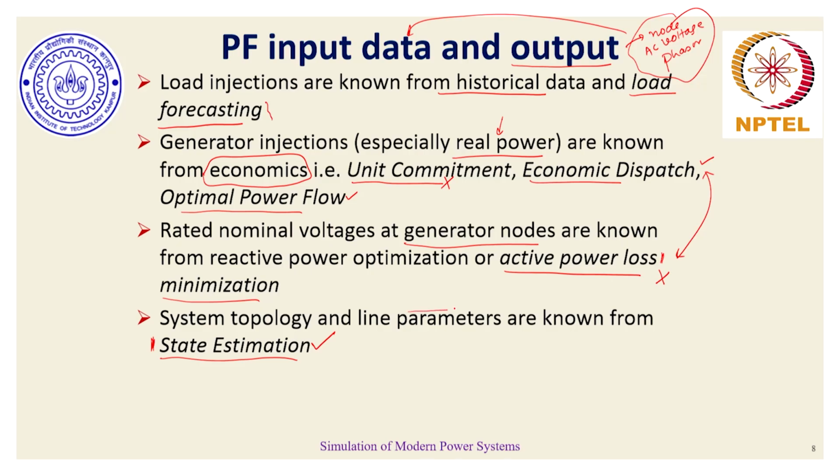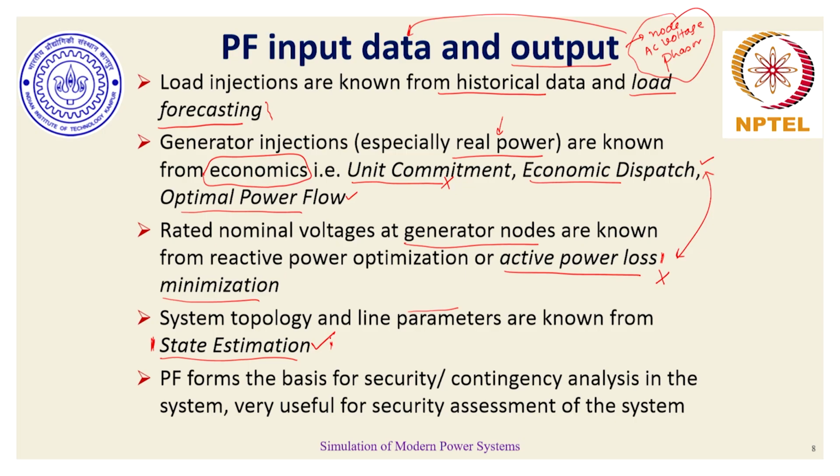Even if the system has been designed, data has been present, things change, things vary over time. As the system ages, the corresponding resistances, inductances, capacitances do change, and it's not possible to figure out those parameters based on a record basis. So, the corresponding measurement based analysis which provides these numeric values of parameters goes as part of state estimation. We also call it topology parameter estimation. All that comes from the domain of state estimation. And the utility of power flow using these voltages and currents essentially forms the backbone of contingency or security analysis, which is going to be our second module.